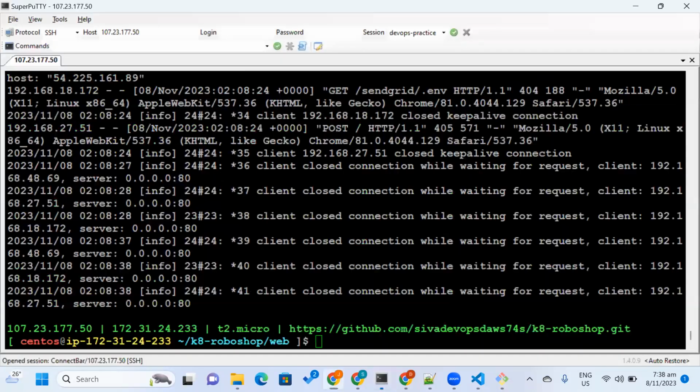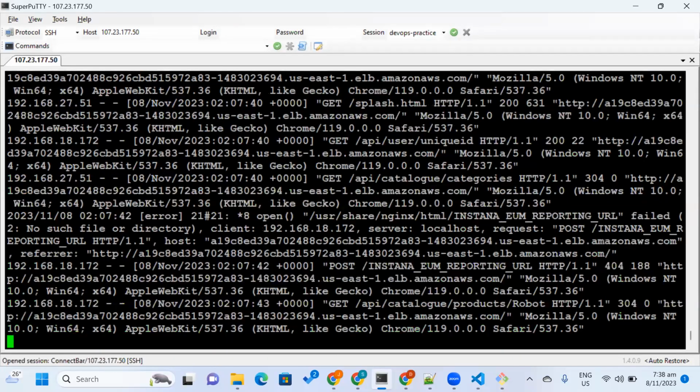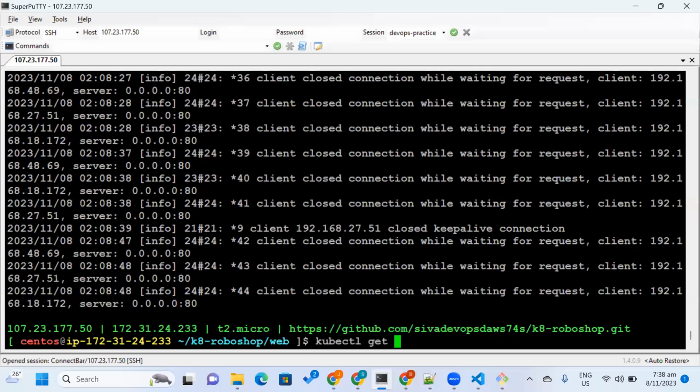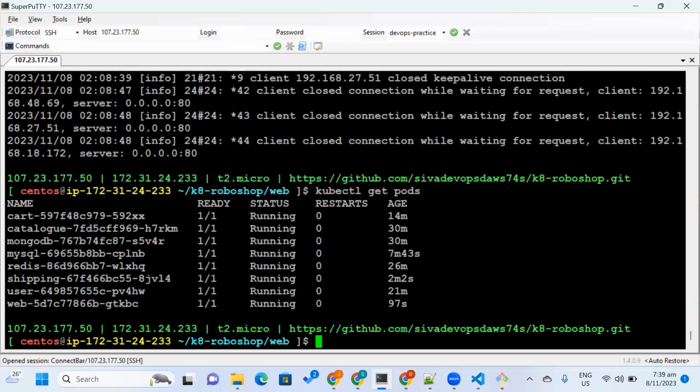Seems some error. kubectl get pods. Everything is running. But